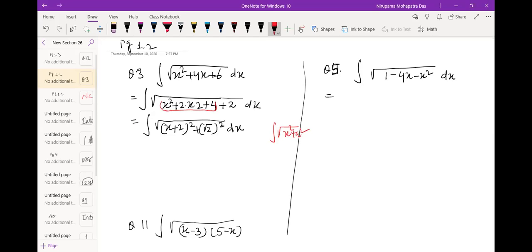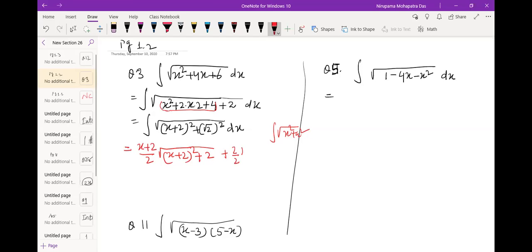formula here? So you can write here square root of x square plus a square or a square plus x square. Same thing for x by 2. X by 2 means here it is x plus 2 by 2 into square root of whatever you have, x plus 2 whole square plus root 2 square, that is 2. Okay, plus a square by 2. A square is what? A is root 2, a square is 2. So a square by 2 means you can write here 2 by 2